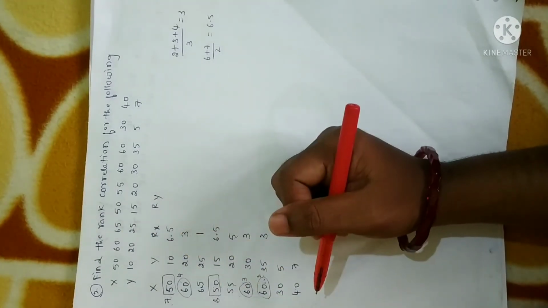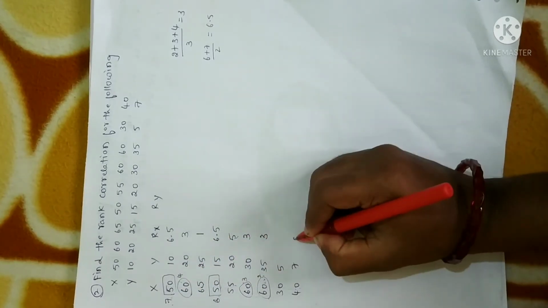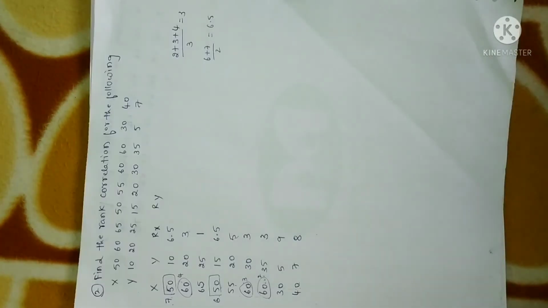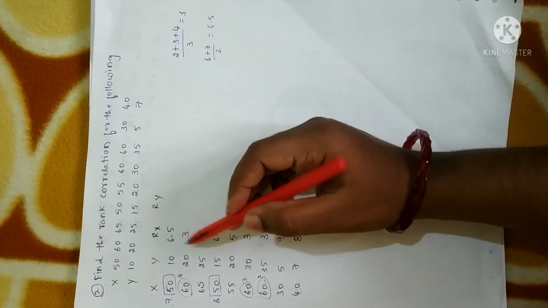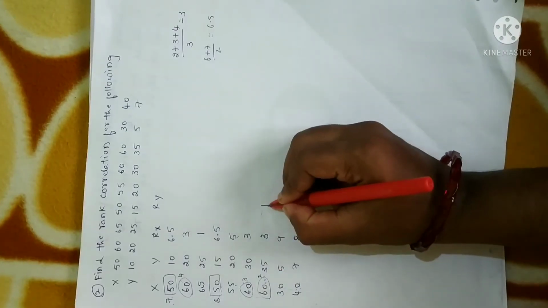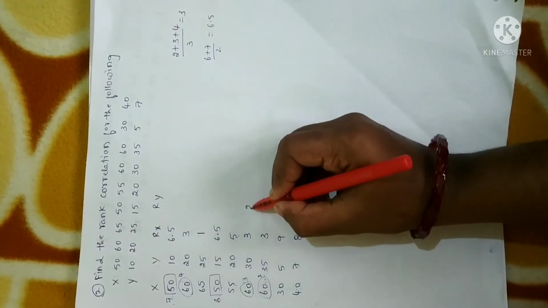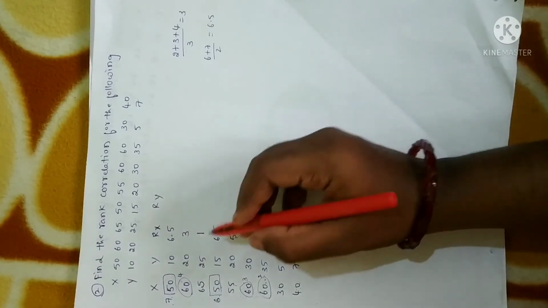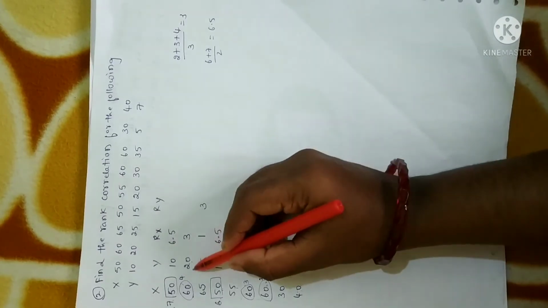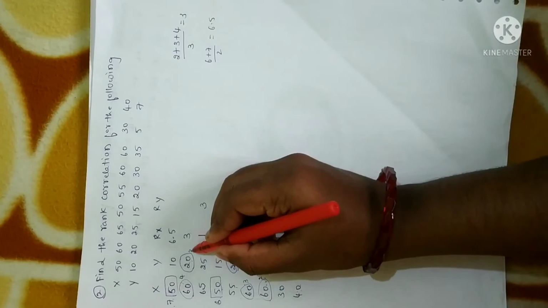Now we have to place 8th rank for the next highest value. Clearly, which is the next highest value? It is 40. So you give this as 8th rank. The remaining 30 should be given as 9th rank. Clear? Now let me give the rank for the Y column. Look at the Y column, which is the highest value? Clearly it is 35. So place it as first rank. Next highest value is 30, so give it second rank. Next highest value is 25, so give it third rank. Next highest value is 20, but it is repeating 2 times. So the first value you give 4 and the second value you give 5.